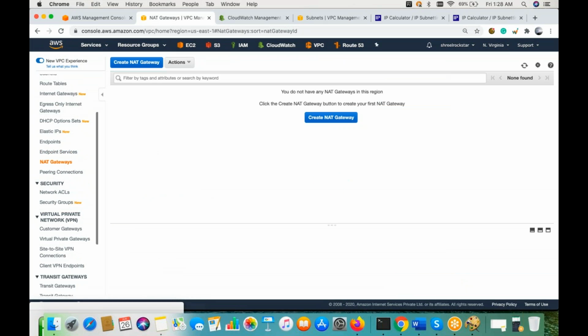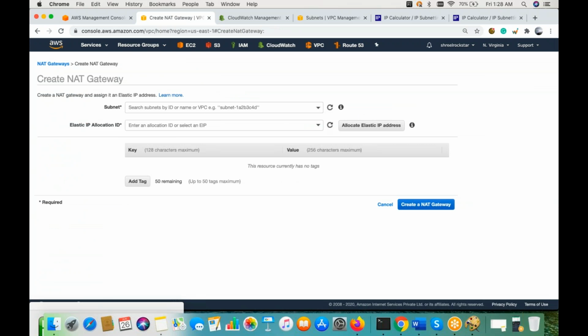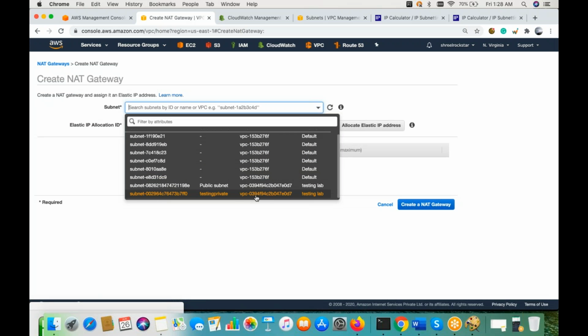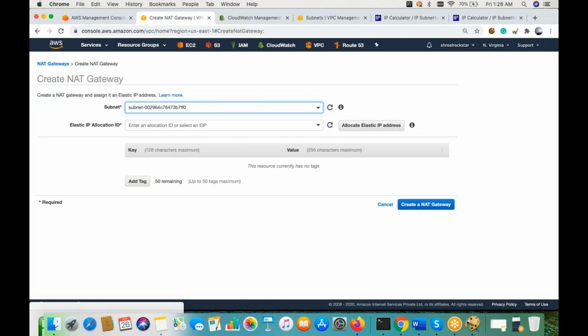Now, if you go to NAT Gateway, it is something, guys, I have mentioned, that will be your network associated translation. It is something you are looking for in private connectivity, right? You can select your subnet. Let's say I'm looking at my private subnet, because understand, guys, in public we already have a route table and IGW, right? So I don't have to attach there, because I'm looking only for internet connectivity for my private subnet, so that I can keep my database and app server updated, and they will be on the safer side.